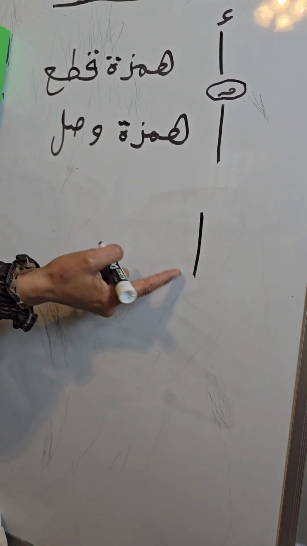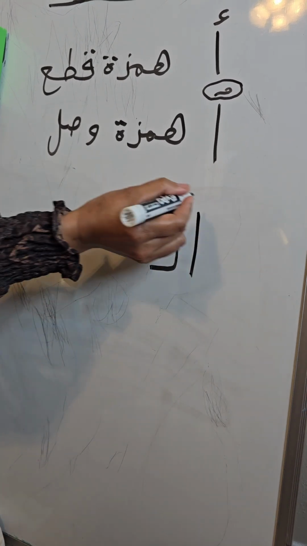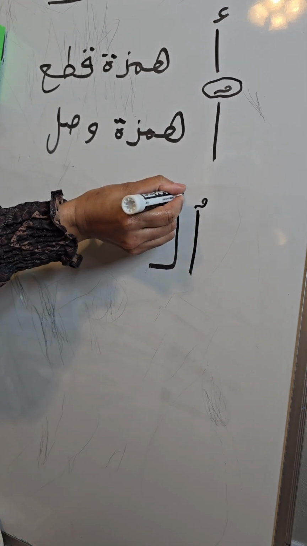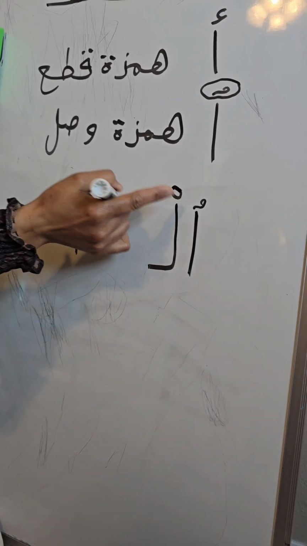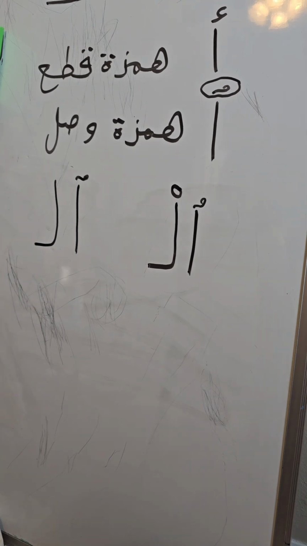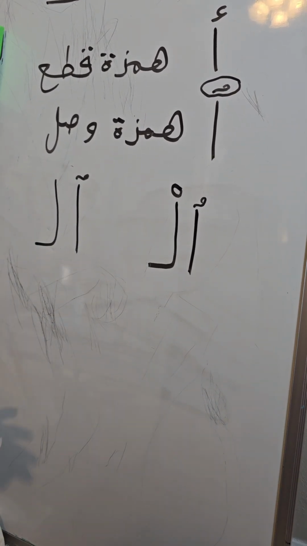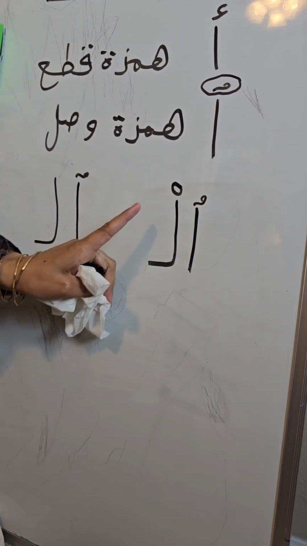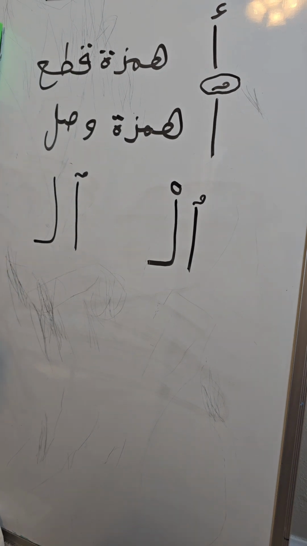First of all, if after this alif there is a lam, and that's the most common thing you're going to see in the Quran. If after this alif you're going to see a lam, maybe the lam with sukoon, or you're going to see the same type of alif, there is a lam, nothing on it. Okay, then what should I do? Now, if the word, any word, let's say the ayah, we're going to talk about Quran now. If the ayah starts with alif, this type of alif, then there is a lam. What should I do? I'm going to make this alif as a